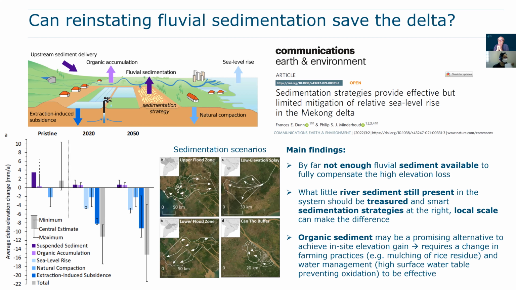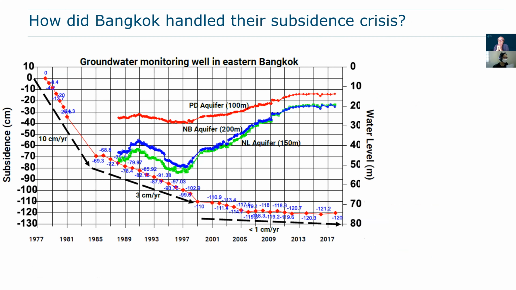So before I finish off with the conclusions, I'd like to go to two sites very close to the delta, some neighboring countries. And this is an example I'd like to share from Bangkok. So Bangkok had their own land subsidence crisis, you can say, already almost 50 years back. It started. And then they started measuring, when they got aware that Bangkok was sinking, they started measuring groundwater levels